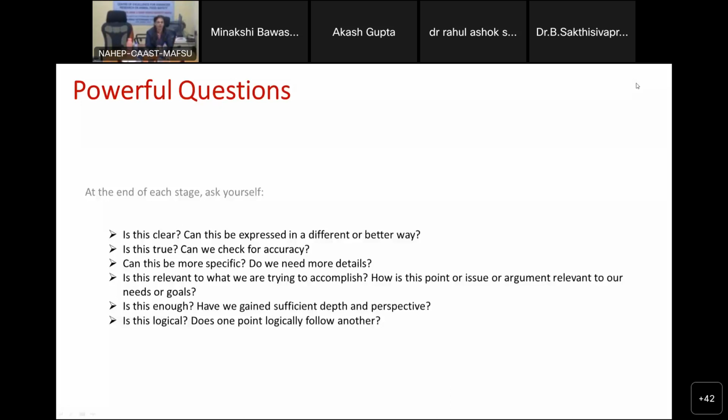Have you applied this? This is a very simple tool and a very effective tool. Okay, so we can add one more W to it. That's whom, that is, to whom it is related. If it is related to some people or something, so that we can add to it. So we can say 5 W's and 1 H.